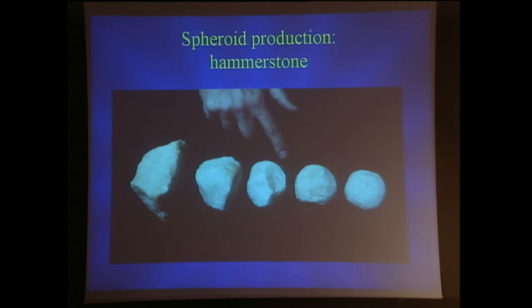What were spheroids used for? Our experiment suggests that if you take an angular piece of quartz and use it as a hammerstone for 4 hours, it naturally and without any thought patterns arrives at this form. So we think these are heavily curated hammerstones, basically. And 4 hours of flaking is producing thousands of flakes and cores. So I think that when you start finding these very heavily battered and rounded artifacts in the archaeological record, it's telling you something about hominids carrying things around consistently or caching them and coming back to them.